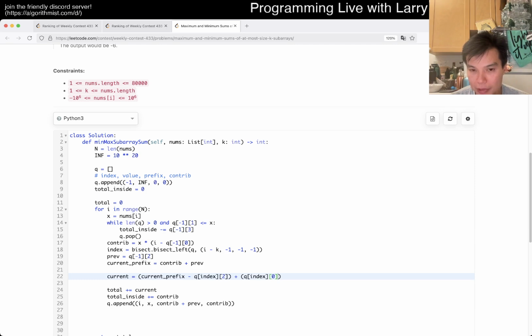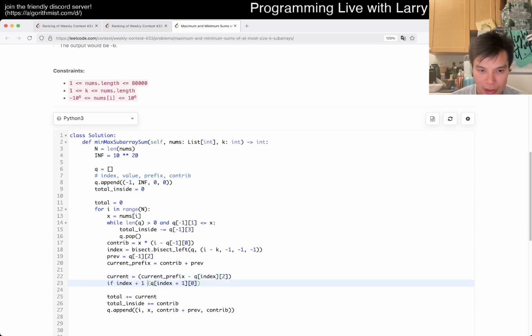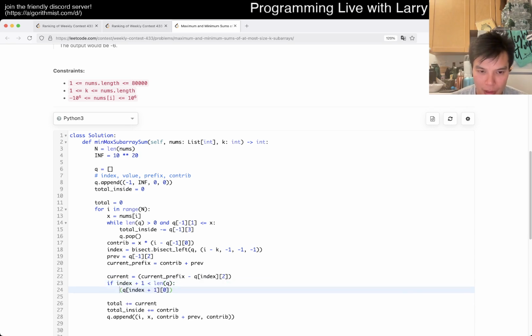And this spans up to the next one. So it is index plus 1, actually. If index plus 1 is less than length of q, then, yeah, so if this is not the last element, then you... I think maybe it's just easier to do it here. If we append the Q item already